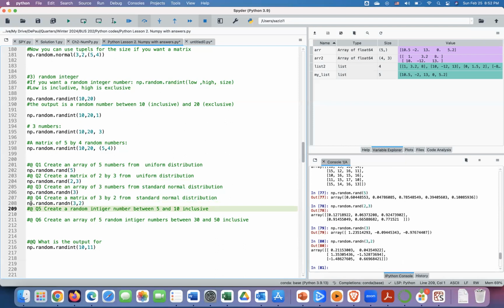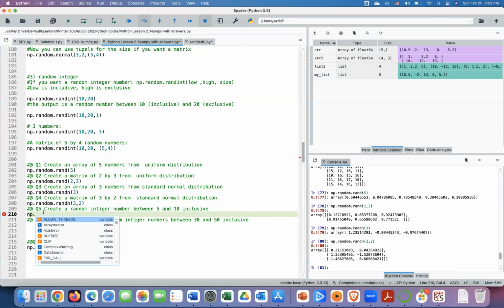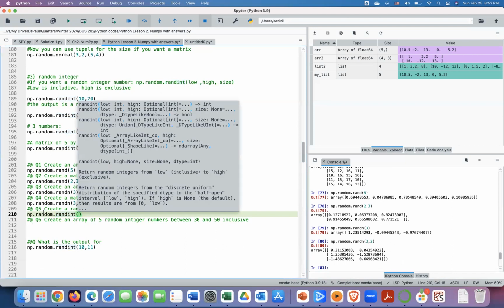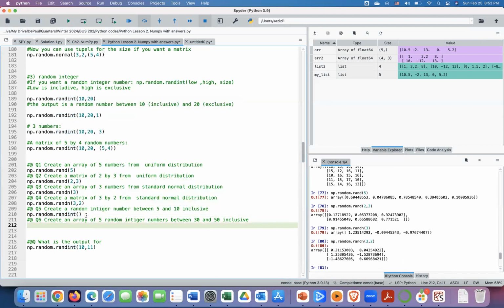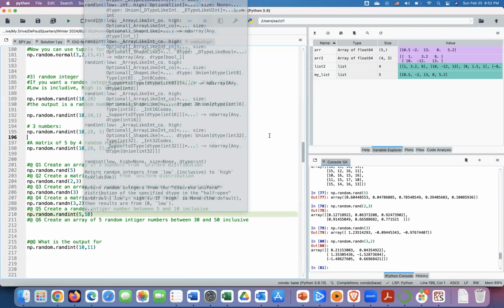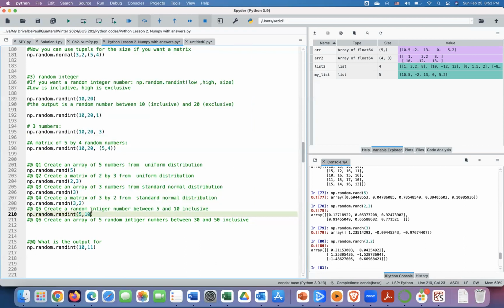Create a random integer number between 5 and 10 inclusive. So I do this, np.random.randint, random integer numbers. So between 5 and 10 inclusive. Since it's inclusive, I'm going to say between 5 and 11, because I won't give number 10 a chance to